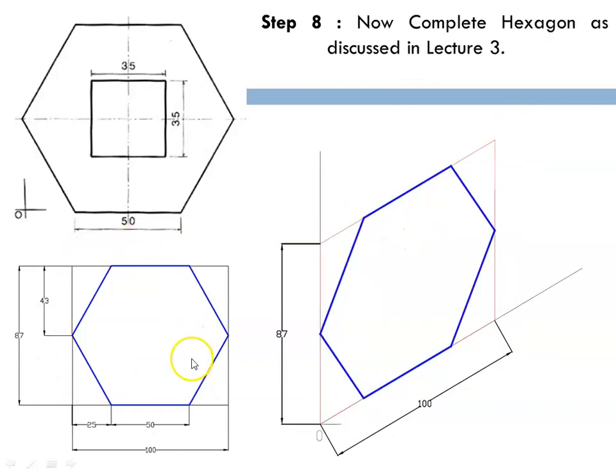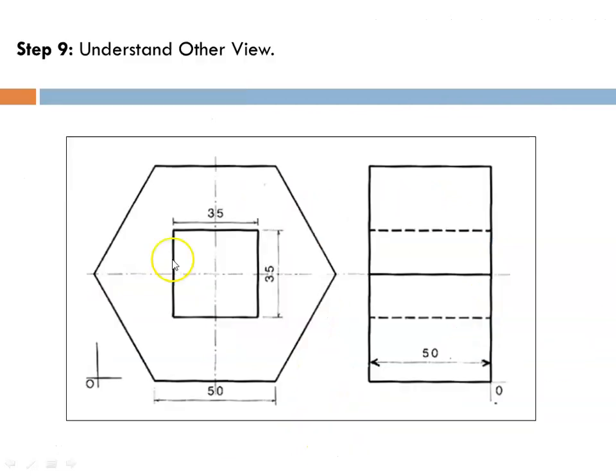Now we know all the dimensions, and we already discussed in the previous lecture how to draw a hexagon on an isometric plane. So refer to that lecture and complete the hexagonal shape on the already drawn isometric plane, that is of 100 by 87. Now if you go through the question, if I project this hexagonal shape over here, this line is nothing but this projection. For this corner, if I project this, this line represents this corner, and over here if I project this, this is the line. So you can see 1, 2, 3 all have a width of 50 mm.